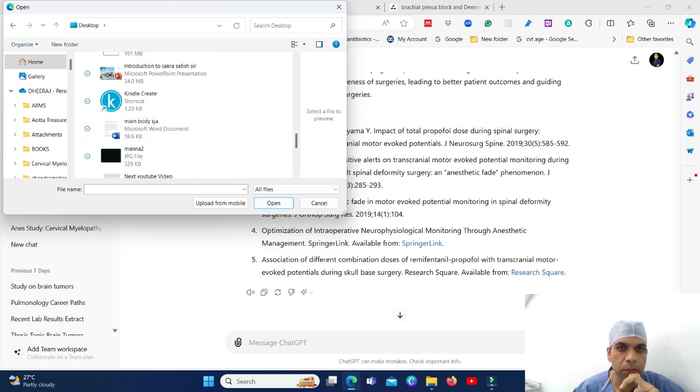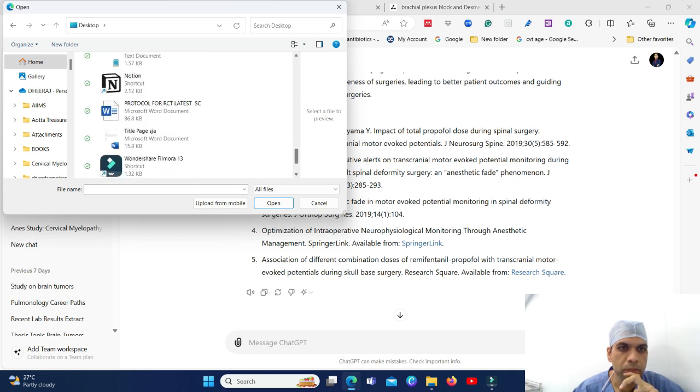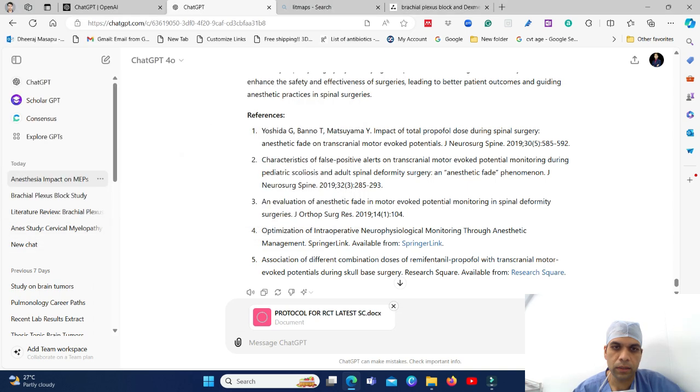Yeah, main body is through. Yeah, this is a protocol. This is a protocol actually we used for one of our studies for the ethics committee that I am uploading here. Okay. So now the prompt I will give is: please modify the above study design in the format of the file I